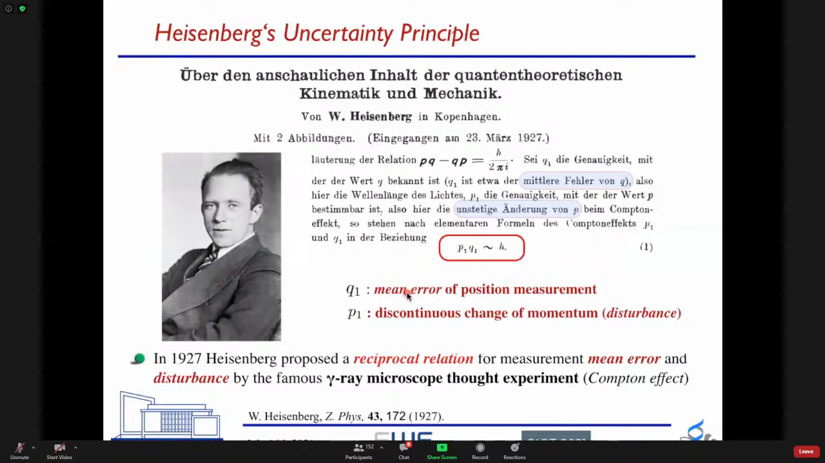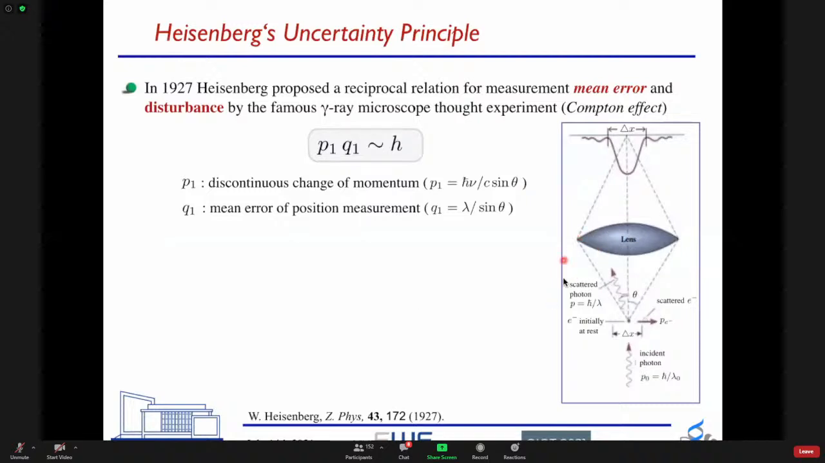And this is beautifully illustrated in the so-called gamma ray microscope experiment, which is only based on the Compton effect, which is illustrated here. So the moment the position of the electron is detected, that is when the photon is scattered from the electron, its momentum undergoes a so-called discontinuous change. And this discontinuous change is the larger, the smaller the wavelength of the photon is, meaning higher accuracy in the position detection, small error, but large disturbance of a